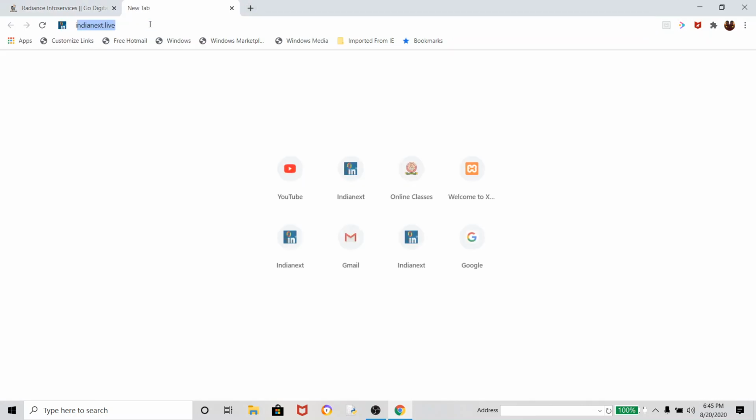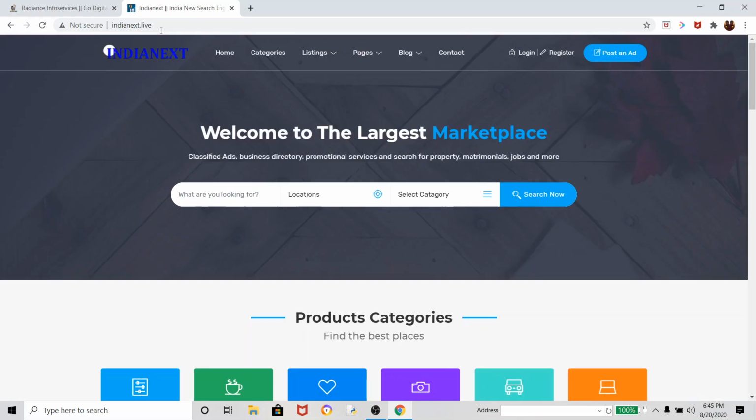Now I will open another one. And this web page is the example of external linking. If I want to go to home, look here, the index.php file is open and it is being loaded.